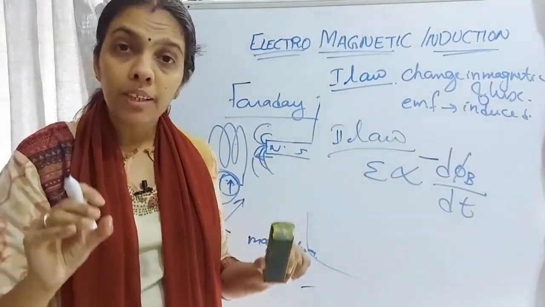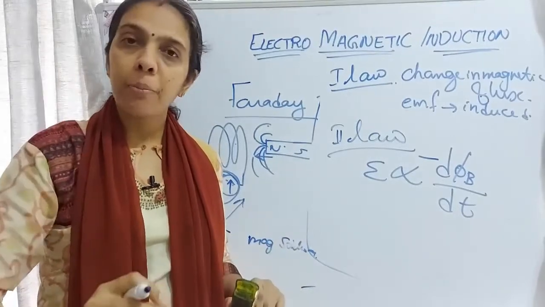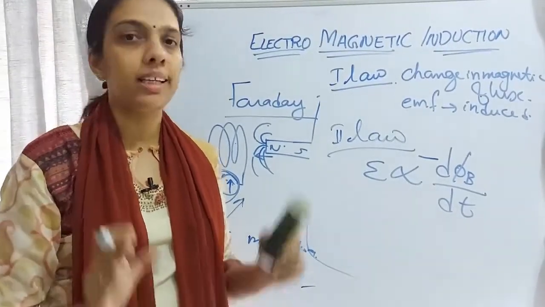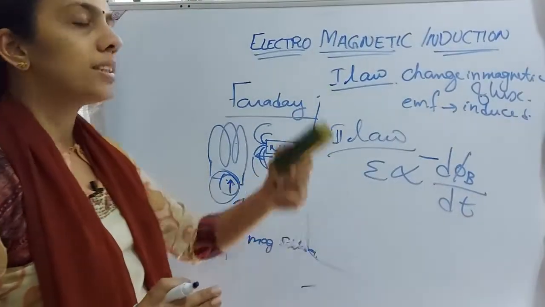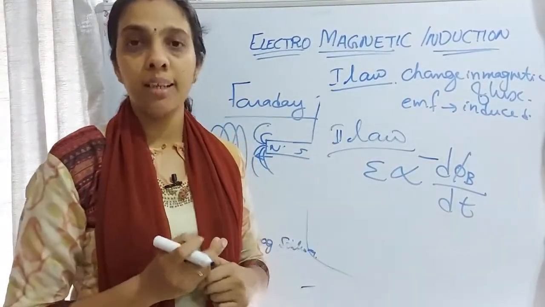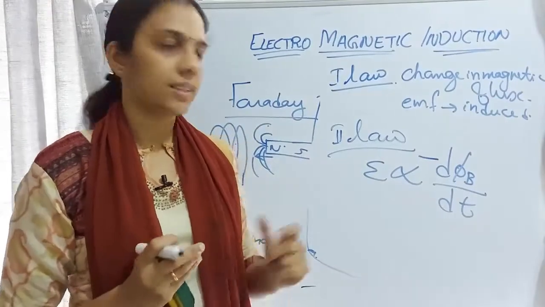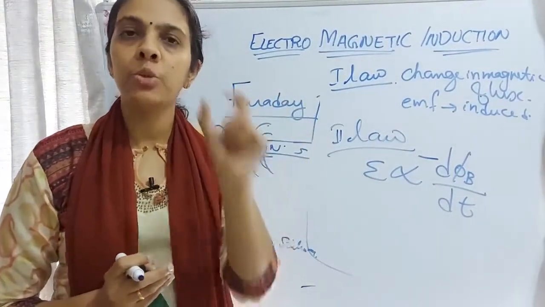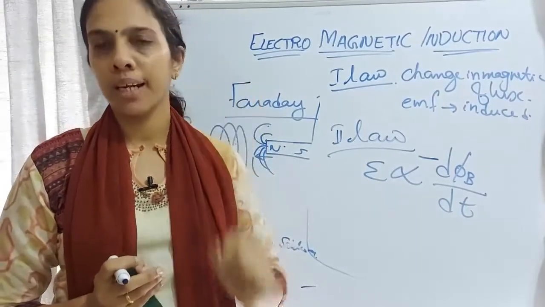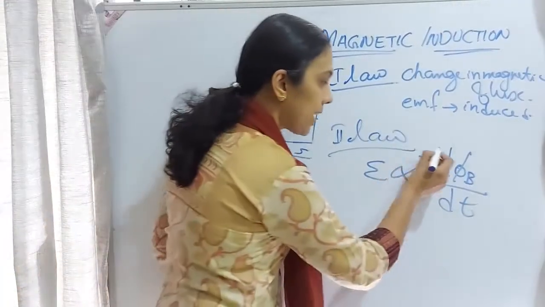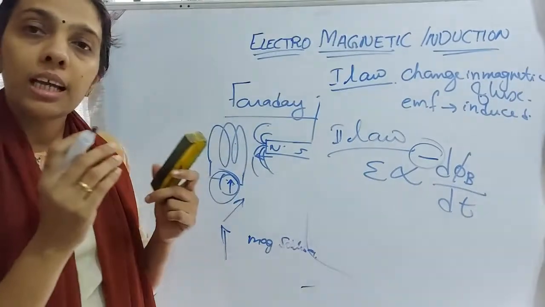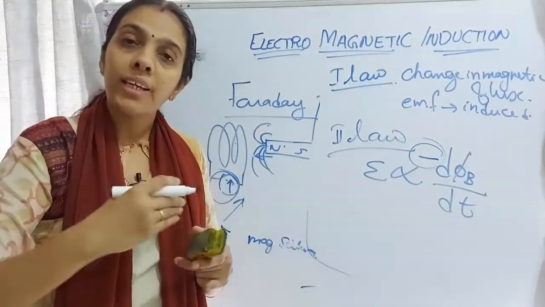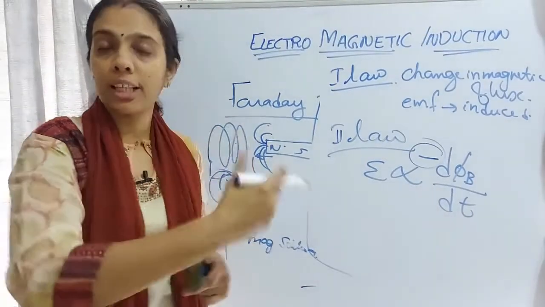That is, the EMF induced is directly proportional to the rate of change of magnetic flux linked with the circuit. This negative sign shows that the induced EMF will always be opposing the